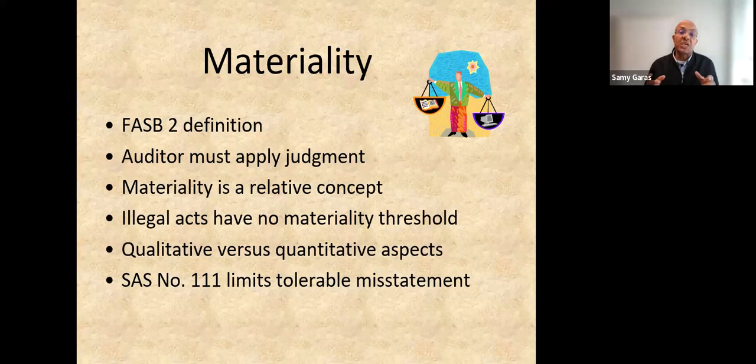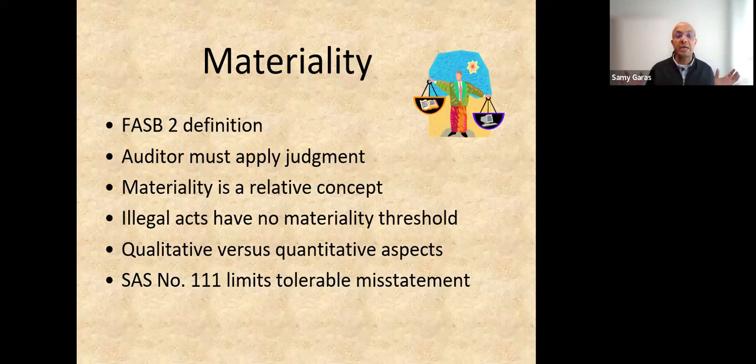Why? Because if the fraud is small, the amount of time and fees the auditor is going to spend on the investigation might be much more than the amount of the fraud that was committed. So here we have to set up the materiality. The materiality, as you can see here, is judgmental. It differs from one auditor to the other. The materiality is a relative concept. So what seems material for one auditor might be immaterial for another.